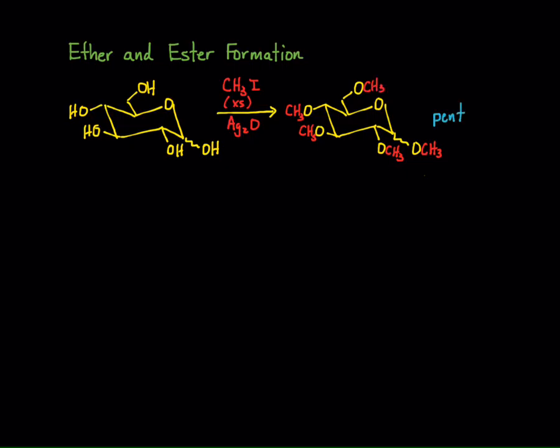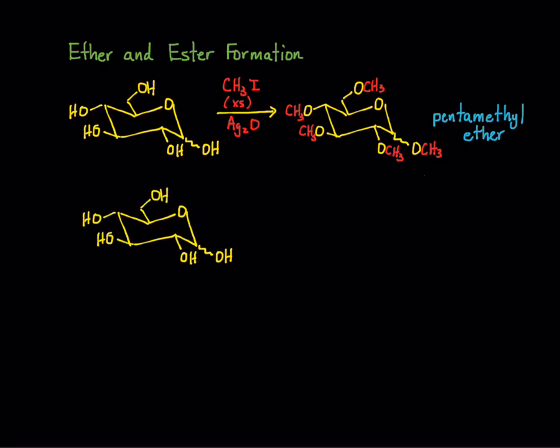And so this is what we refer to as pentamethyl ether derivatives of carbohydrates, right? In particular of glucose, because we're talking about glucose here. Now, interestingly enough, I can selectively form an ether at the anomeric carbon. So again, if I take a look at glucose in its chair conformation, and I treat it with methanol in